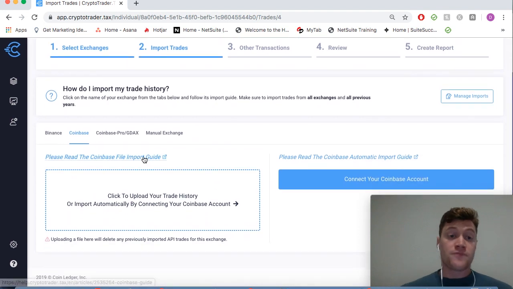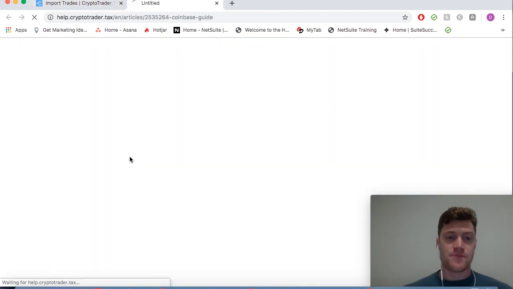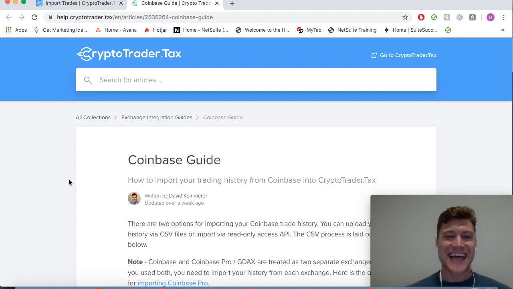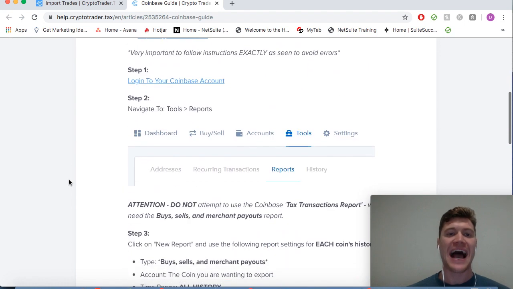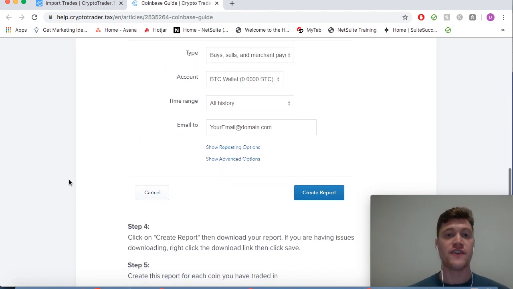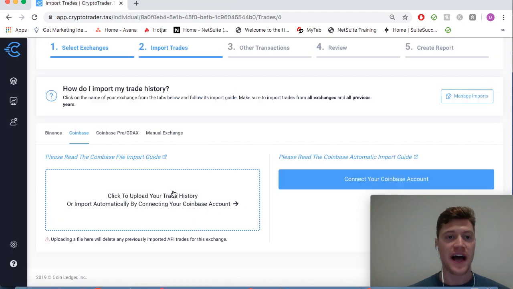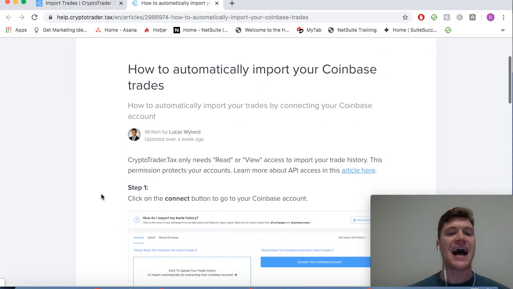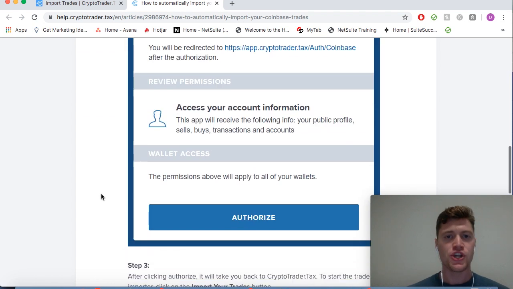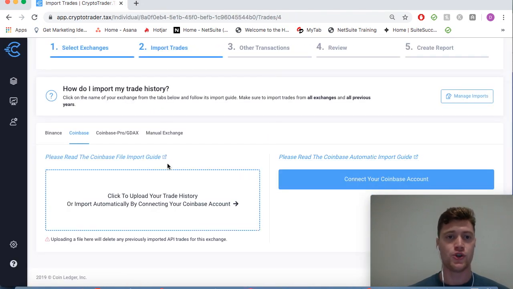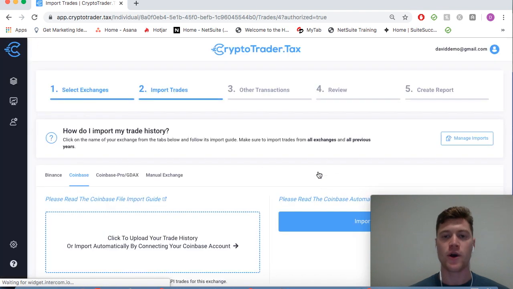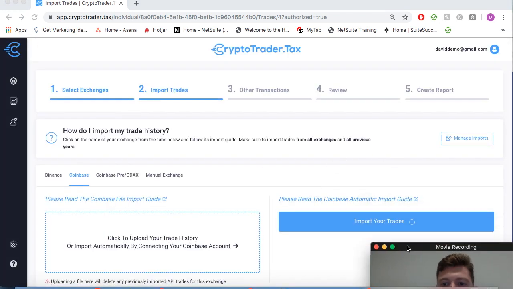And so for each of these options, we include a robust help guide that describes exactly how to go and retrieve either that historical CSV file from the exchange or that walks through the API example. And so you can use these help guides to follow along with, and they just help you more easily get this stuff in. So for Coinbase, we're going to start out by automatically connecting my Coinbase account and importing my